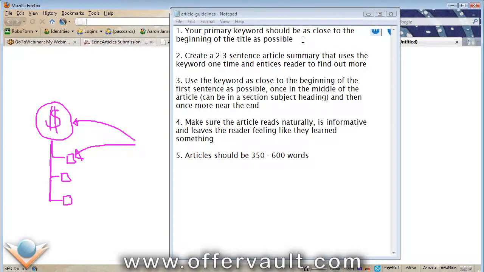Okay, so back to the guidelines here. You can obviously read this, but I want to go over it. Number one, your primary keyword should be as close to the beginning of the title as possible. So let's say, for example, you're doing a list, and you want to target the phrase article directories. You want to get that